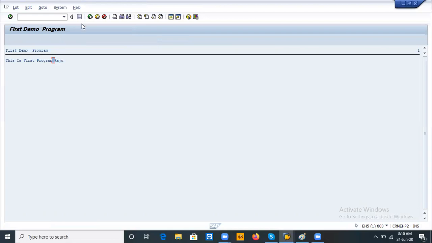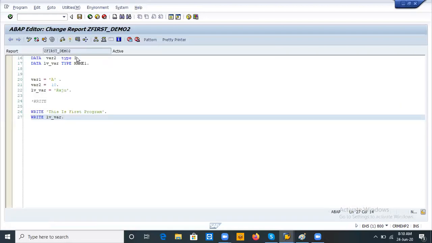How will you show it? For this purpose, we need to use a keyword. The symbol is this one, slash, backward slash, not forward slash, backward slash. Are you getting this one? Yes, sir.